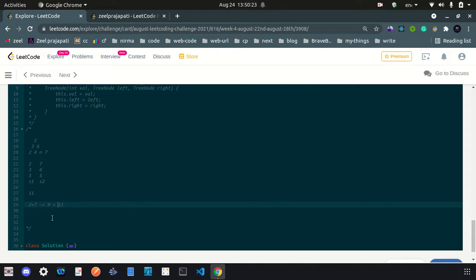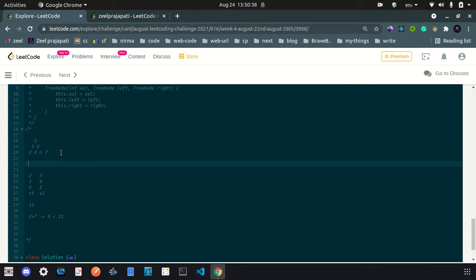So for incrementing the sum we have to find the next maximum value, the next bigger value than this 2. So what is the next bigger value than this 3? But how will we code that? By the way, this is a leaf node, so we do not have to traverse left or right, both are null. So we are going to go to the parent. So here we have 3, then we simply pop our 2, and now we have 3 and 7. Our sum now is 3 plus 7, and it is 10.